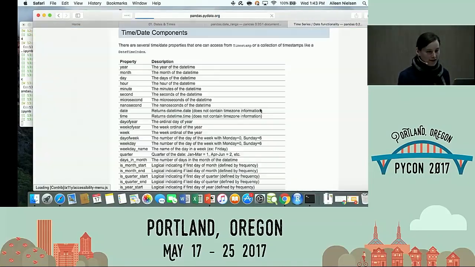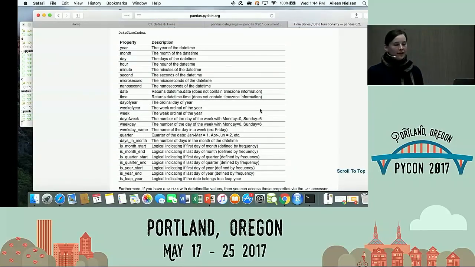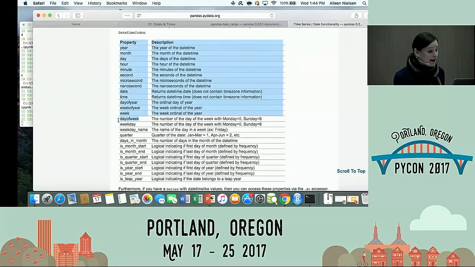Okay. What are some properties of timestamps? Let's look at the time date components. You can see all sorts of things, if you click on that link, that are just waiting for you. Things you might normally need to figure out, like if you work in finance and you need to know what quarter a date belongs to, it's there. If you work in health informatics like I do, we care a lot about what day of the week it is because people tend to behave consistently, right? Maybe people are stressed on Mondays and more relaxed on Fridays, and on Wednesdays they eat too many calories or whatever. So I can get a day of the week very easily with .dayofweek.